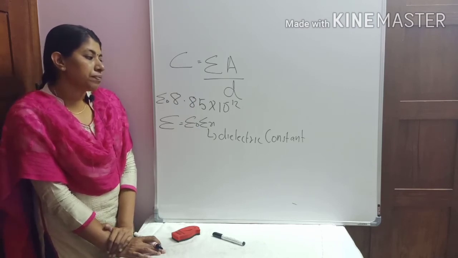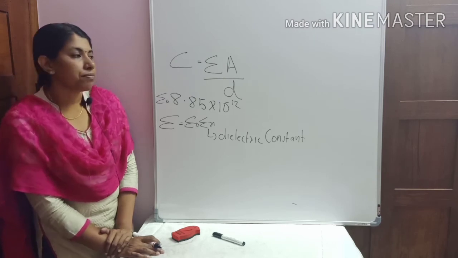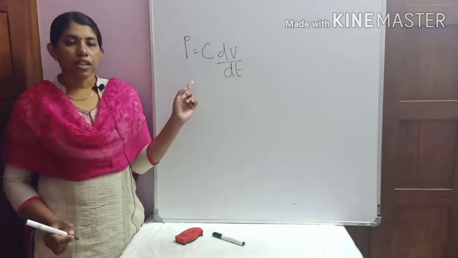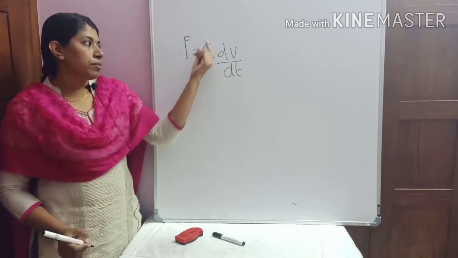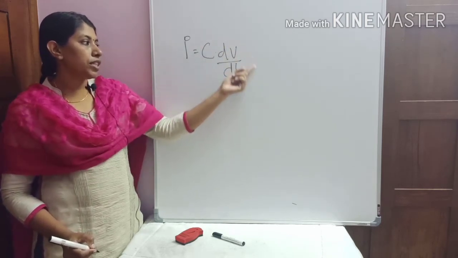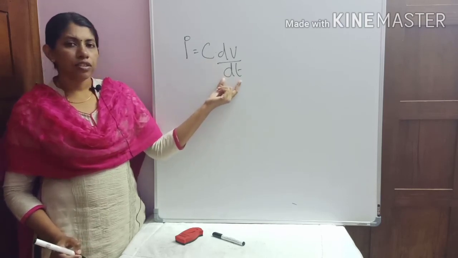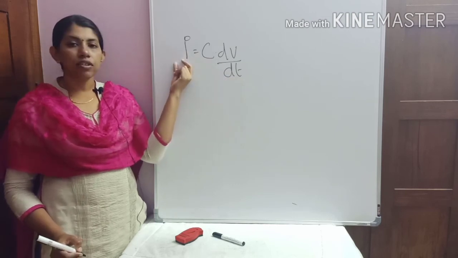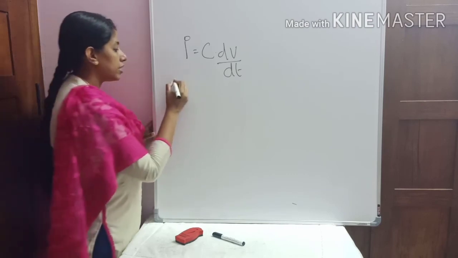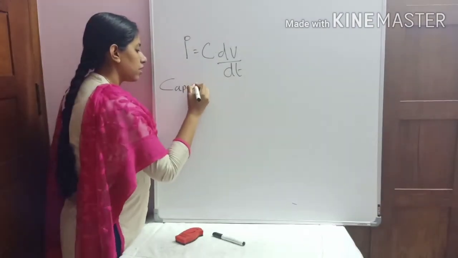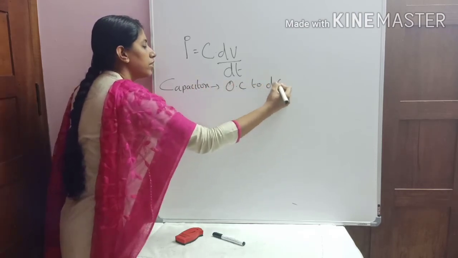And now we will see the relation between the voltage and current through a capacitor. This is the equation connecting the current and the voltage through the capacitor: I is equal to C into dV by dt. From this equation, if the change in the voltage is 0, that means the current is 0. What do we mean by the change in voltage being 0? It means it is a DC voltage. Then the current is 0, which means open circuit. So a capacitor acts as an open circuit to DC.